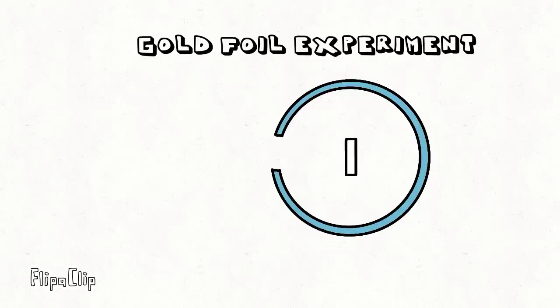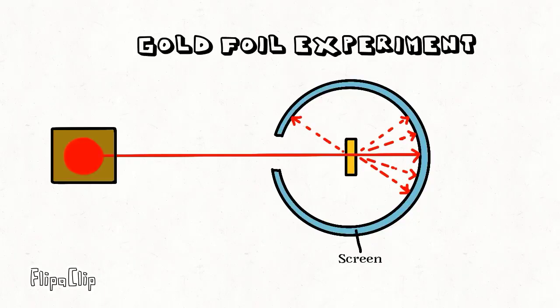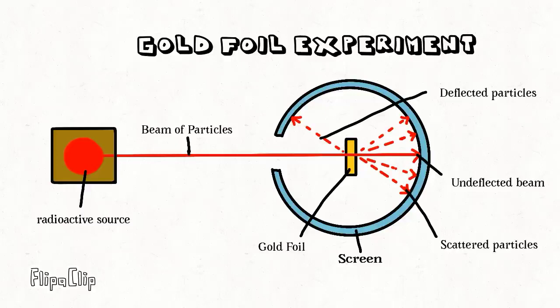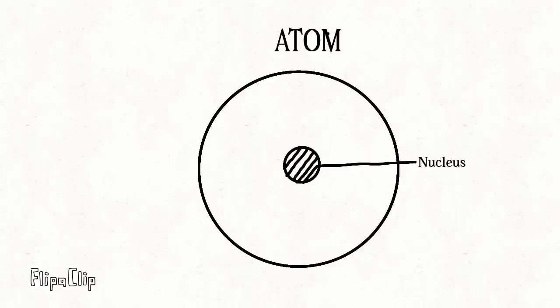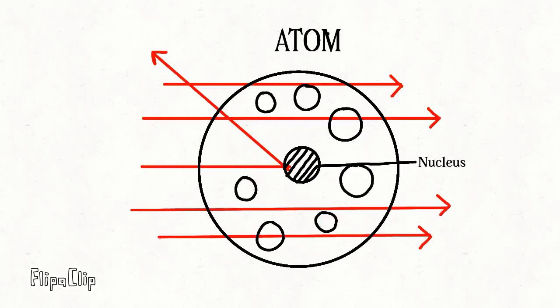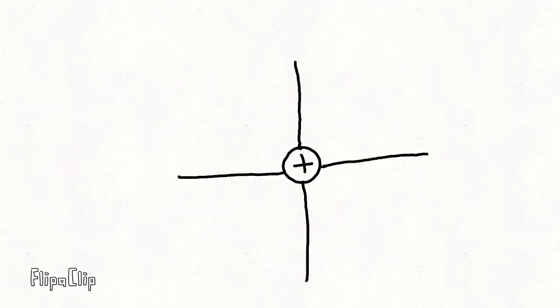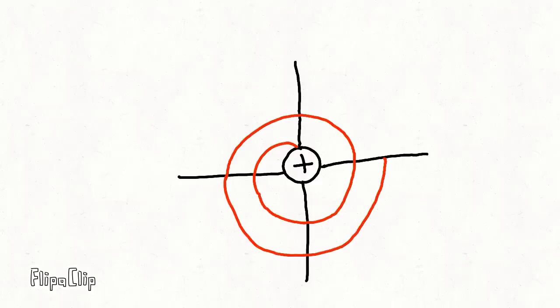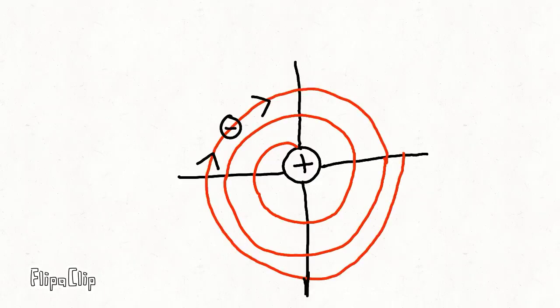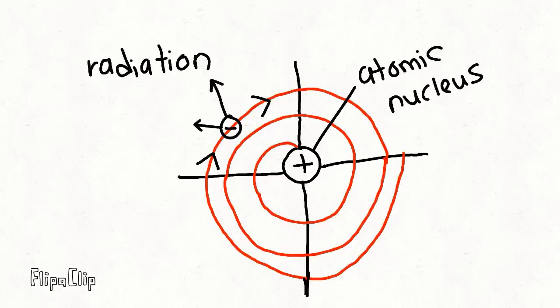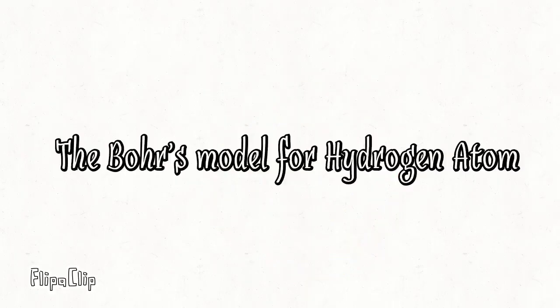In the gold foil experiment, Rutherford fired positively charged alpha particles at a thin sheet of gold foil. Most passed through with little deflection, but some deflected at a large angle. This was only possible if the atom was mostly empty space, and the positive charge was concentrated in the center, the nucleus. There's also a weakness in Rutherford's model. He did not explain why electrons remain in orbit around the nucleus, and the Rutherford model failed to explain why atoms are stable.